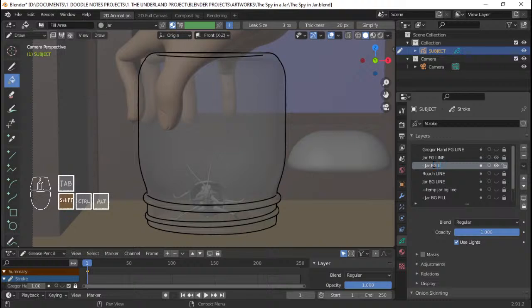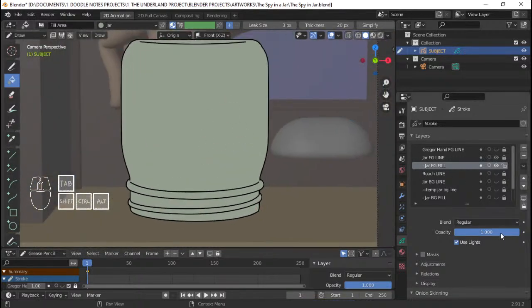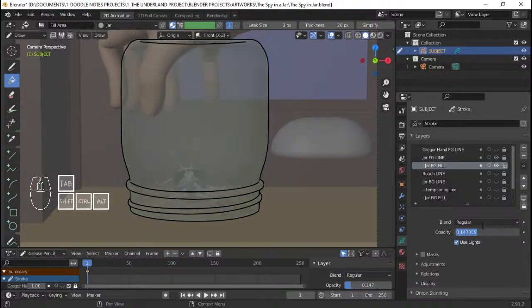Oh no, not line. Just jar FG fill, and you can just do something like this, and that, and that, and that. And I can reduce the opacity, probably about 0.1.